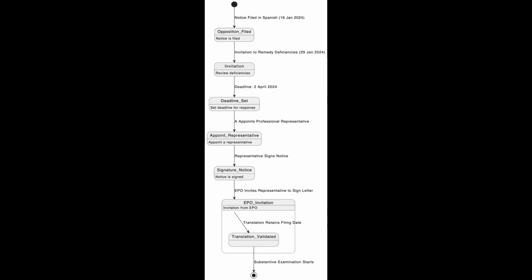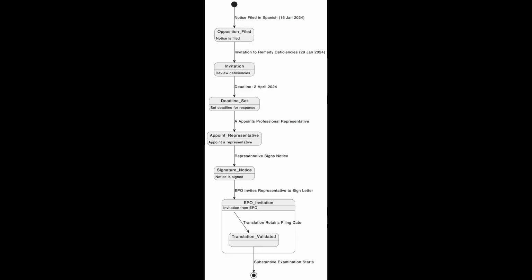Reflection moment. What happens if A fails to appoint a representative by this date? Exactly. If no representative is appointed, A's participation in the opposition will lapse. Step 3. Filing of the translation. The notice of opposition was filed in Spanish, which is acceptable under Article 14.4 EPC, as both A and B are Spanish nationals. However, a translation into an official EPO language, English, French, or German, was required and had to